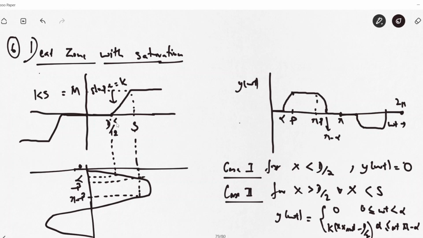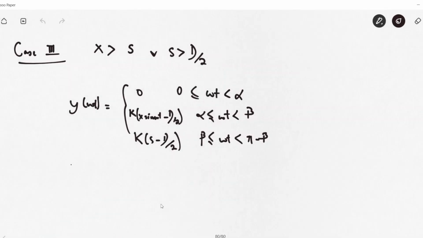So this period multiplied by this period is actually x multiplied by the slope of the curve, that is k. That will give us this point, y is equal to mx, the straight line point. Fine. So this is our output,